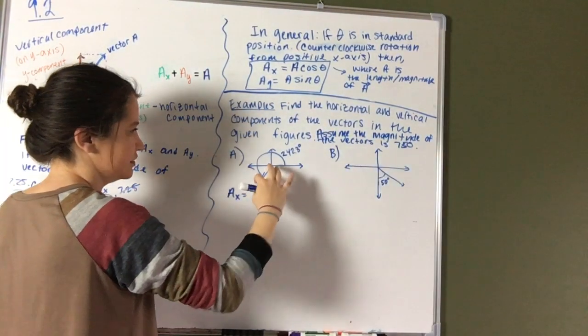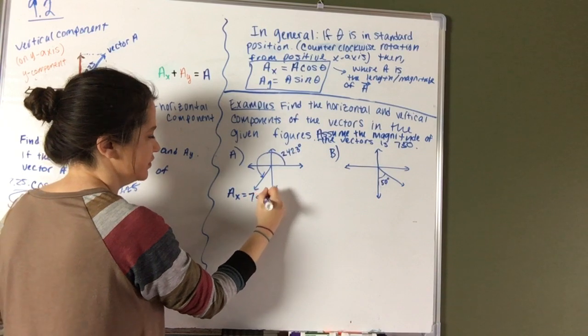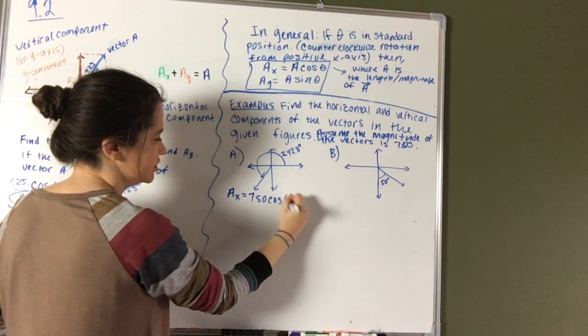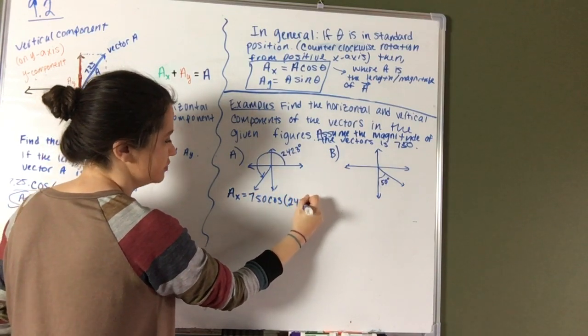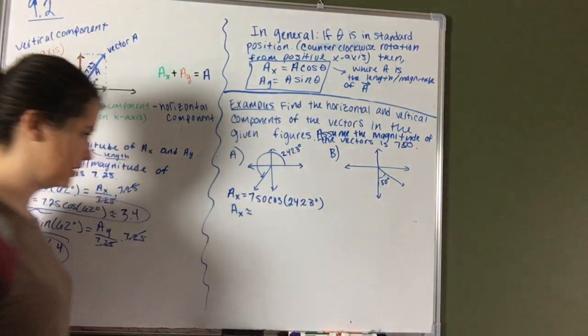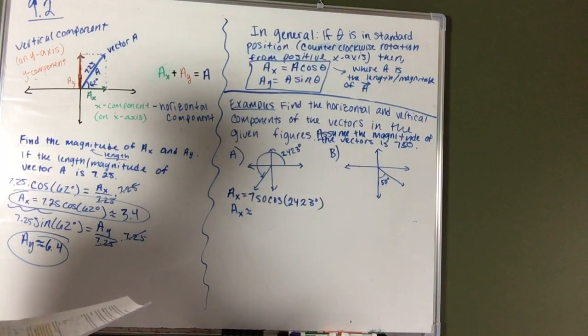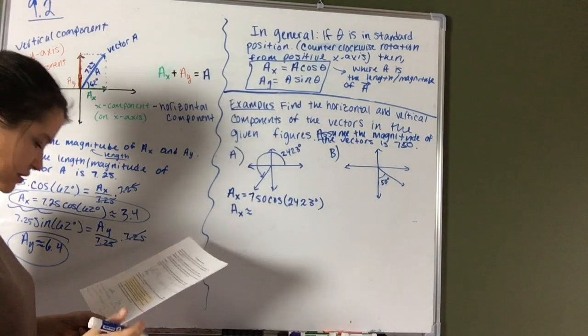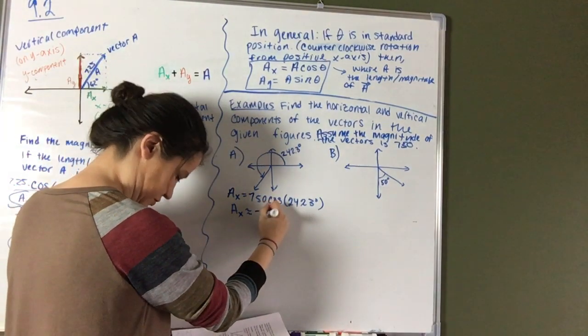So if that's the length of this vector, then we're going to have 750 times cosine of 242.3. And then you're going to enter that into your calculator, and you should get approximately negative